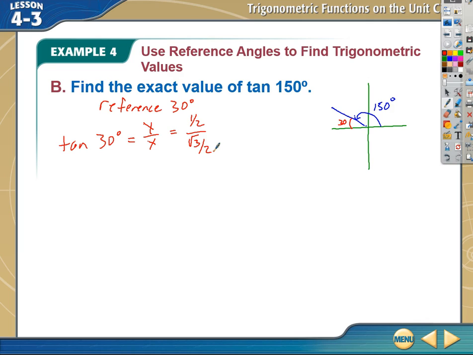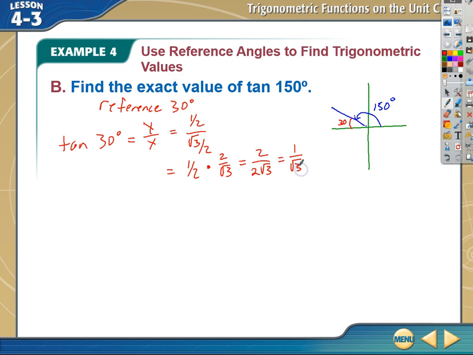Which then, if I rewrite it, is 1/2 times 2 over the square root of 3. You got to remember how to do this, okay? The algebra says keep the top, flip the bottom, change it to multiply. 1 times 2 gets me 2. 2 times square root of 3 gets me 2 square roots of 3,